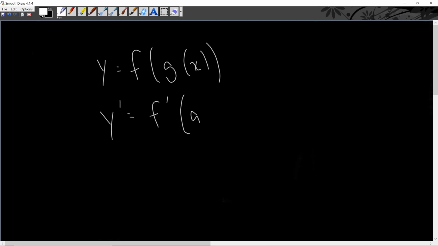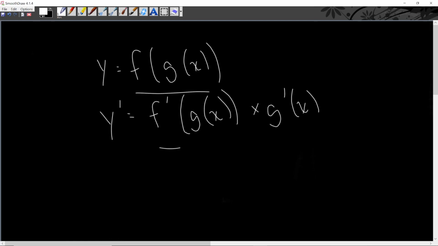Now, the chain rule is as follows. If y is equal to f of g of x, then y prime is going to be f prime g of x times g prime x. Now, what does this mean? Well, if f is a function that uses another function as input, then you differentiate f normally, and then you multiply it by the derivative of the input. And we'll talk about that in a little bit, but let's first do a small proof